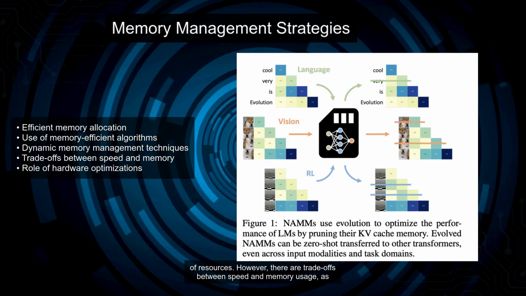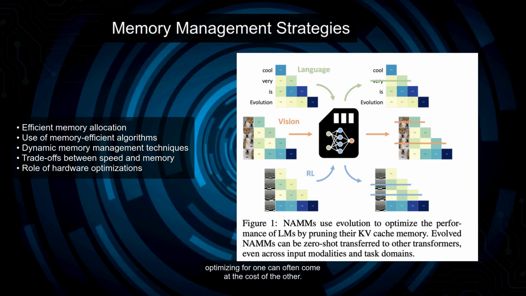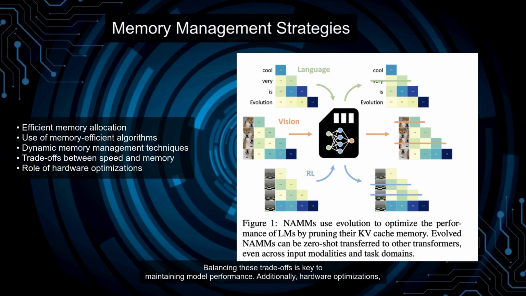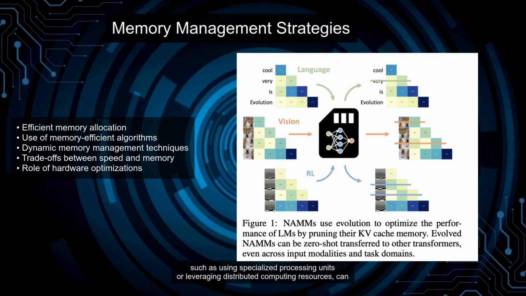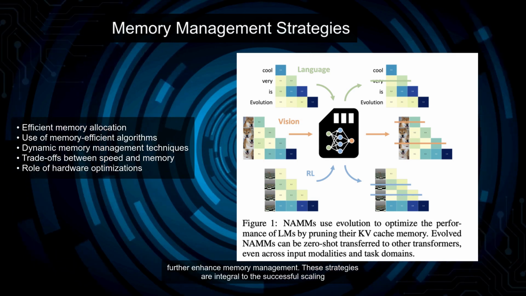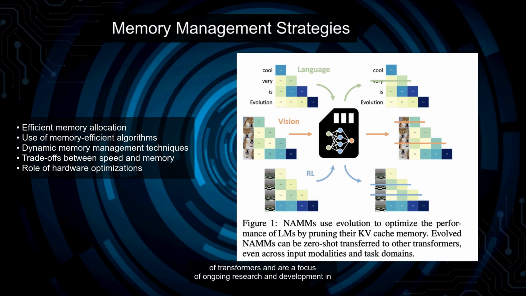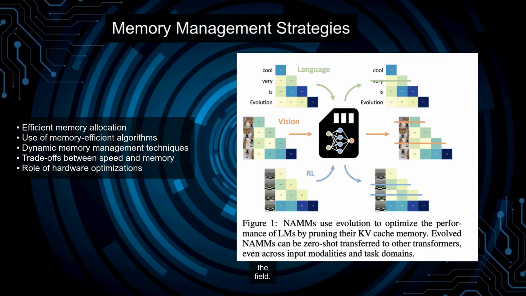use of resources. However, there are trade-offs between speed and memory usage, as optimizing for one can often come at the cost of the other. Balancing these trade-offs is key to maintaining model performance. Additionally, hardware optimizations, such as using specialized processing units or leveraging distributed computing resources, can further enhance memory management. These strategies are integral to the successful scaling of transformers and are a focus of ongoing research and development in